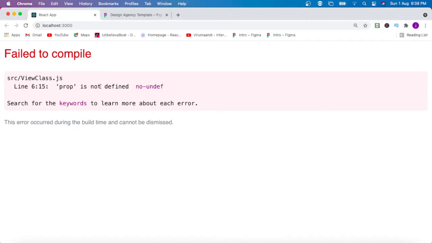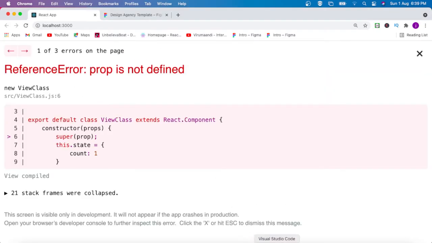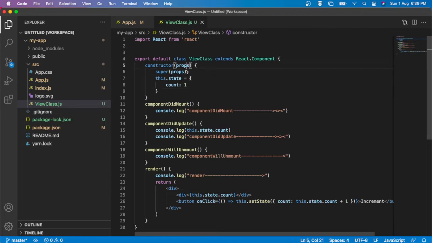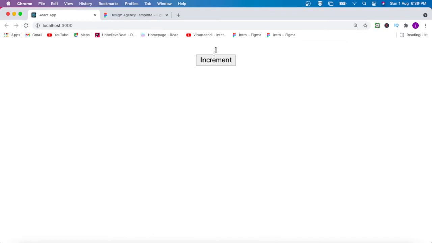Now if I try to refresh, it says props is not defined. Yes, it should be props. Let's refresh once more. Yes, my count is coming and my button is coming. Let's see how the lifecycle is executing.